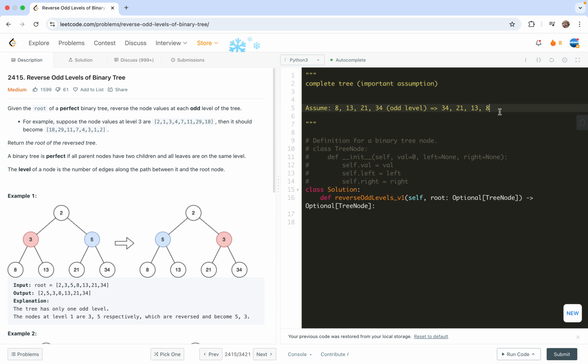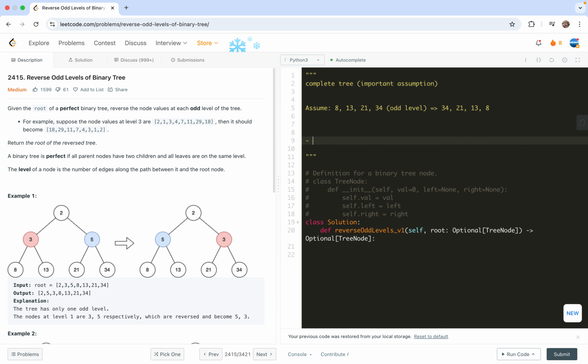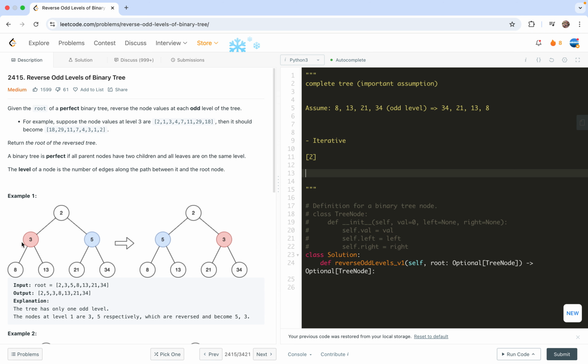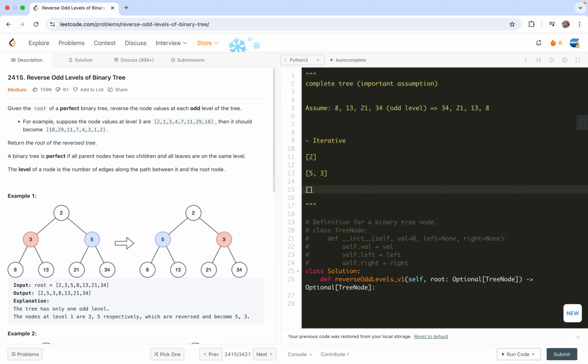So I'm going to look at the first solution. The first solution is the iterative one. The basic idea for this one is that I get all the nodes, and then we just do some reassignment. So first I can get this node. So the first row is like this, and then the second row, because the indexing number is 1, I'm going to reverse all those nodes. I'm going to get this 5 and 3, and the third one is just 8, 13, 21,